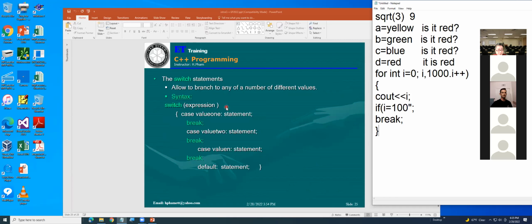Switch statement allows you to branch to any of a number of different values. Switch expression, case value 1, break, value 2. You understand it? That's what happens in your ATM.